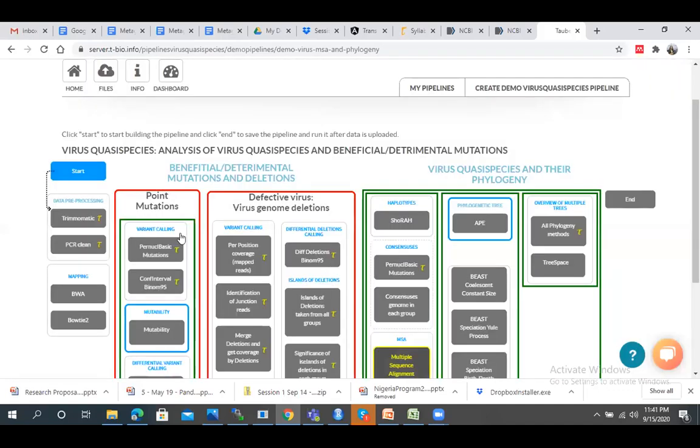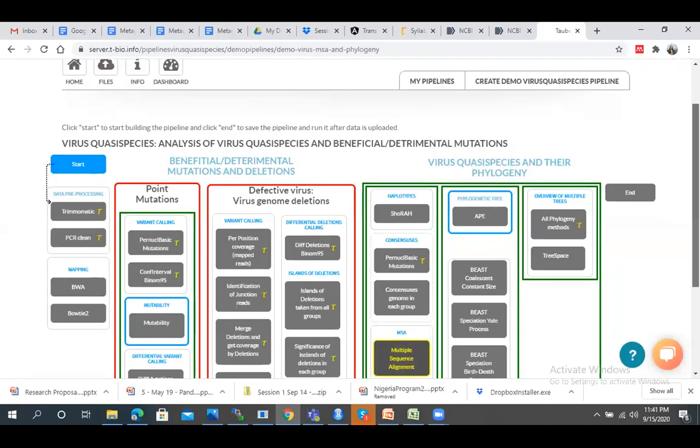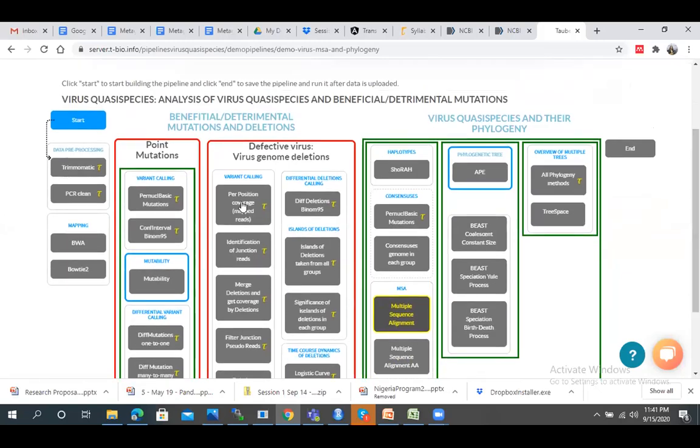The next option, because mutation analysis usually takes a raw FASTQ file, here I have already used the FASTA file. So for this mutation analysis, I can perform with that. So I am going to this phylogeny.